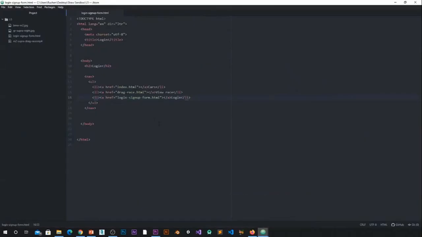Now let's just double check, make sure everything is working beautifully. And if we have a look now, we can actually see we've got cars, view race, and we've got login. Okay, but now the hyperlink functionality is missing. And that could be as a result of, here we go. So these